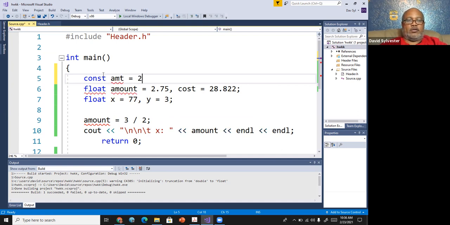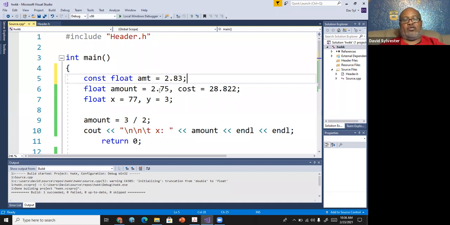I have to give a data type, whatever data type I'm putting in. I'll say float, and AMT, the variable, is equal to 2.83. So now what I have here is a variable called AMT that, wherever I use it in the program, will always equal 2.83.